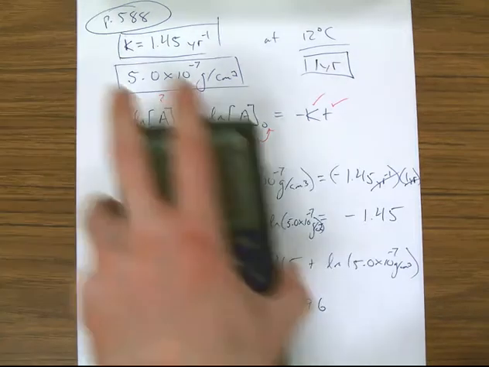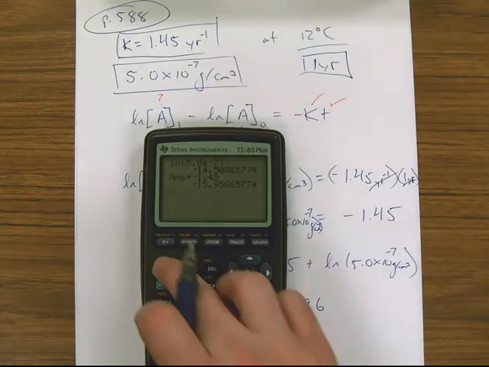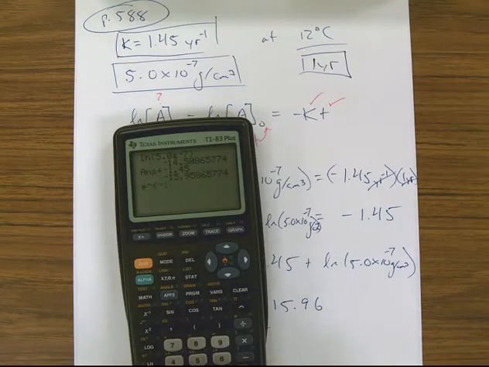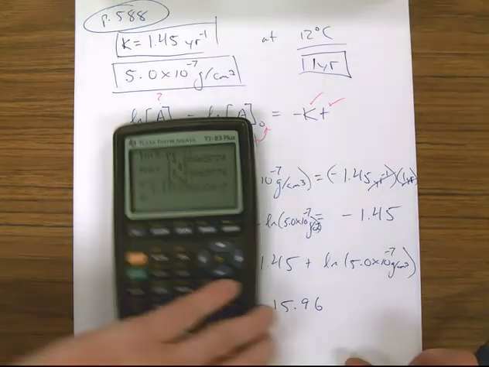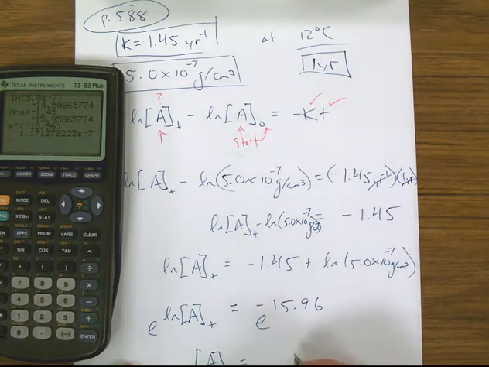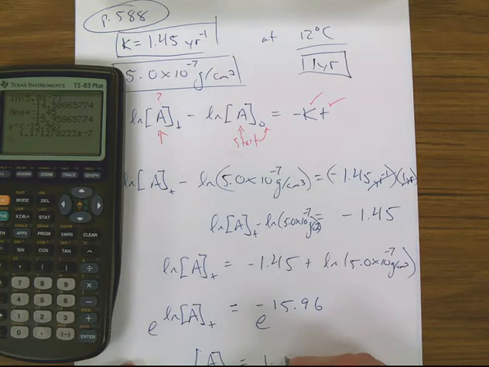So on my calculator, I type in second, then I get e to the power of negative 15.96, cap off the parentheses, then I get my answer. And that's the concentration for A, which is 1.17, or I could shorten it to 1.2 times 10 to the negative 7th grams per centimeter cubed,